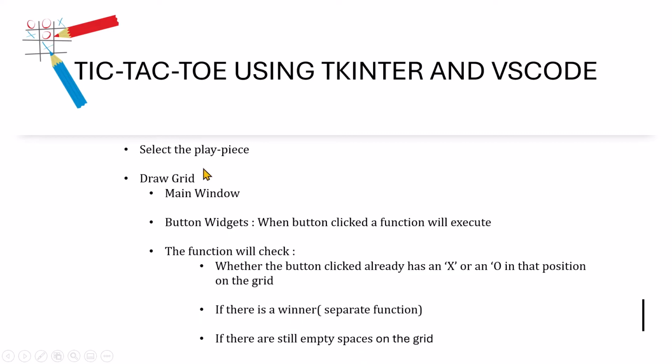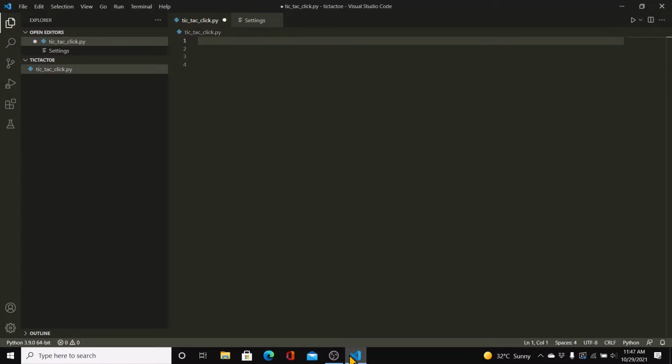We will also call another function from this one which will check for a winner, and we also need to check if there are still empty spaces on the grid. So in effect, we'll have one function for selecting the play piece, one function for drawing the grid, one function that will be executed when the button is clicked, and within that, of course, we'll call another function. So we have 4 functions. So now let's start with the first function, which is the selection of the play piece, and of course taking in the players' names. So def select play piece,